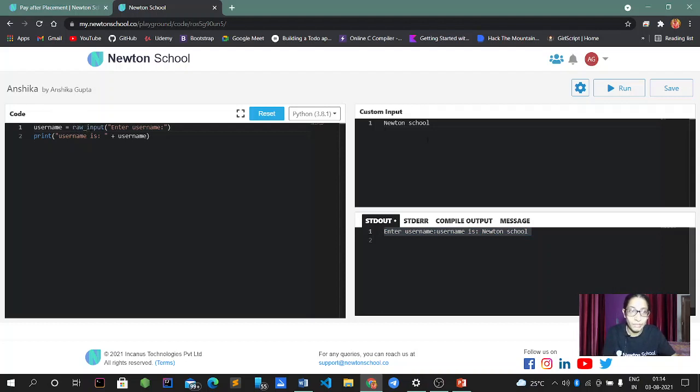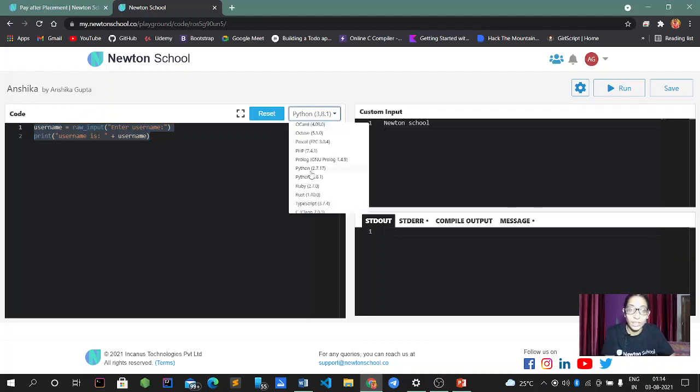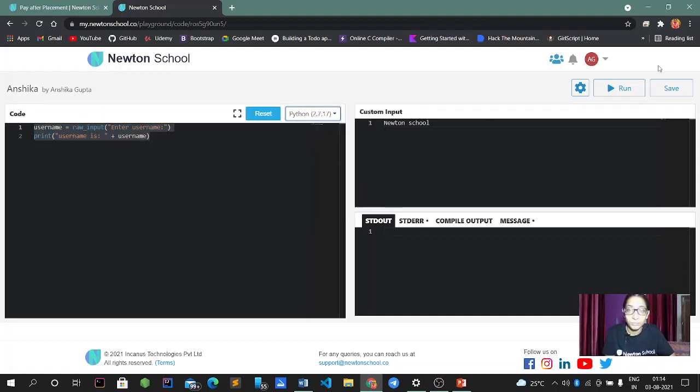Now if I write the raw input here and print it, it will not give me any output, because raw input needs the second version, and over here the third version is there. So I select the second version and run it again. Here again the value will be Newton School.